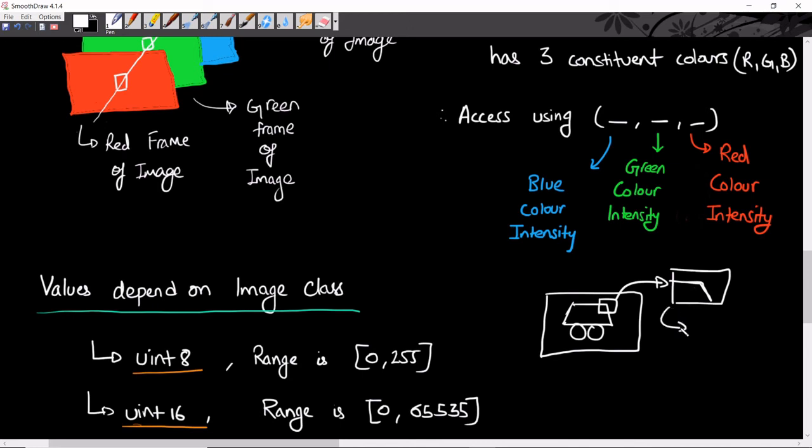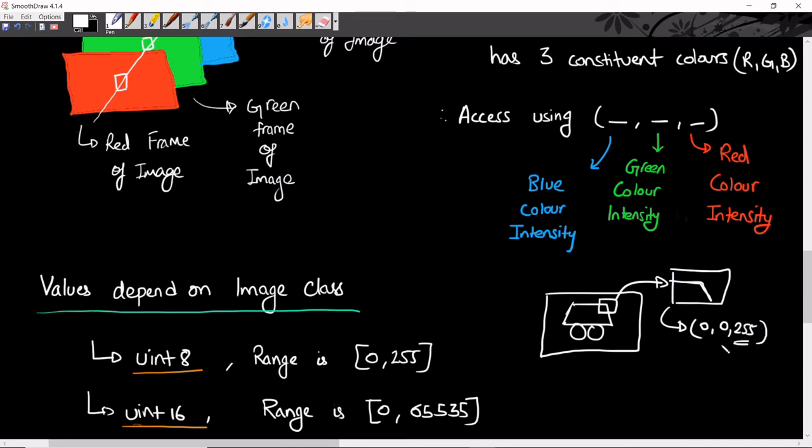So how do you access this pixel? How do you write the color of this pixel mathematically? It's written as three comma separated values, and since it's only red, the blue and green color intensities for this pixel are 0. So 0, 0, and since it is fully red, 255, the maximum intensity of red.